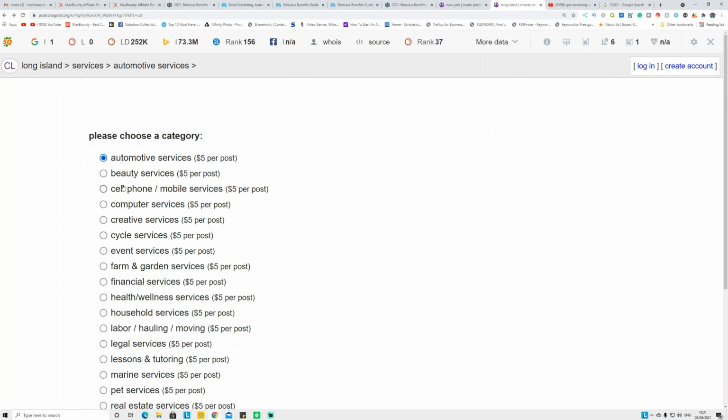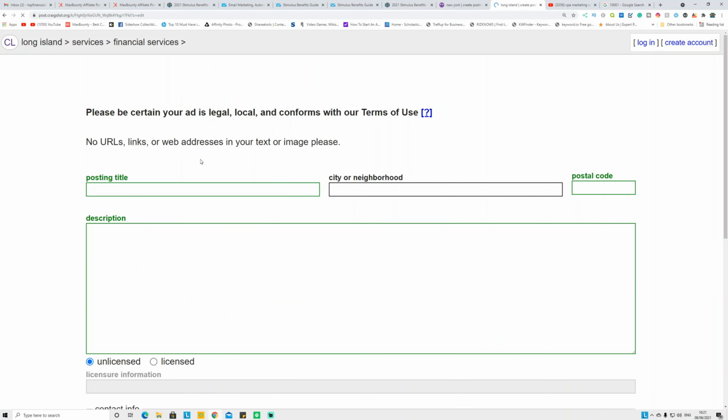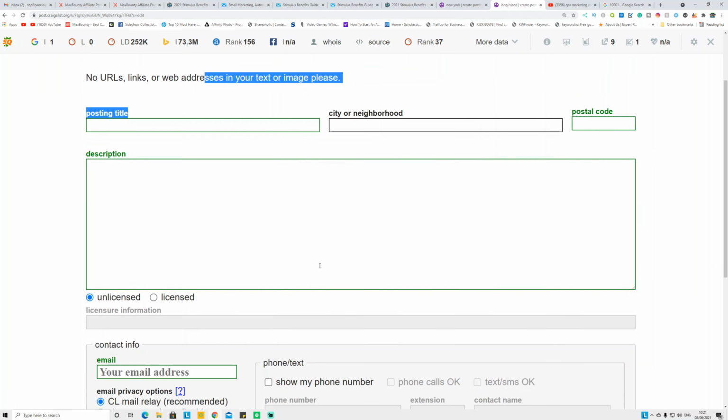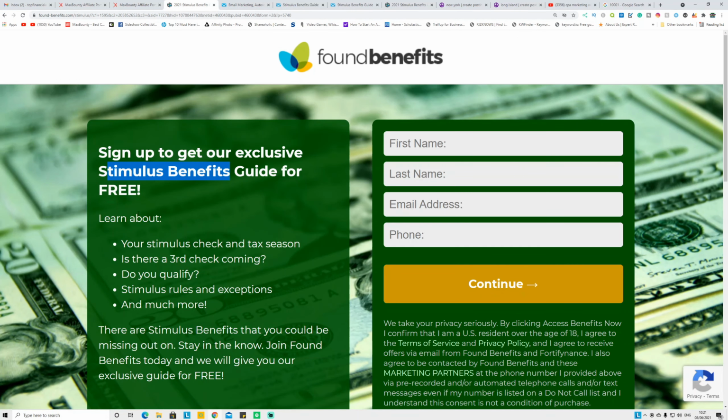Now you have to select what type of service. Mine is more related to finance service, and you can see it is $5 per post. Now, this next one is a very important part. What you have to do is copy and paste everything that's on the affiliate page, guys, the affiliate landing page actually. So copy this one,